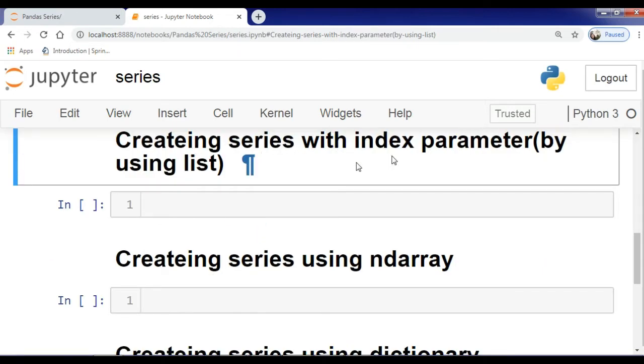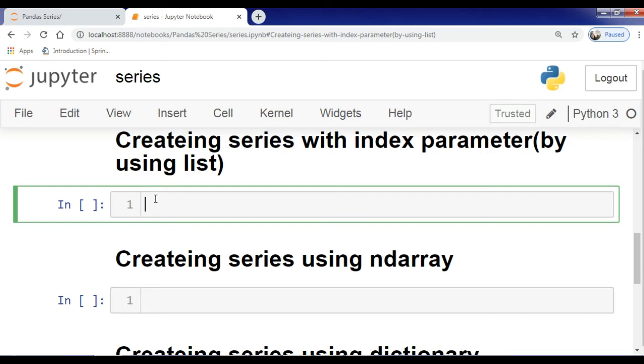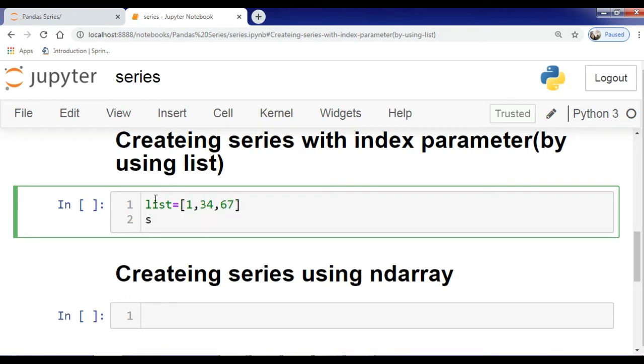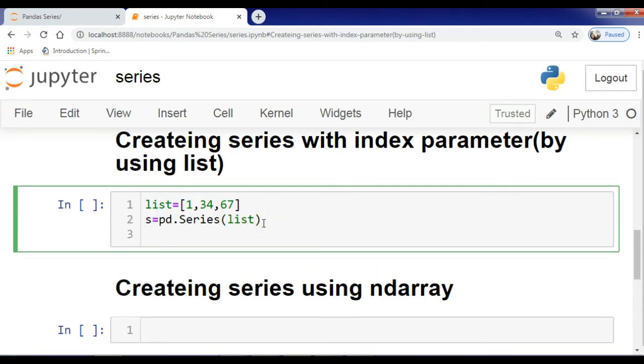Now in that case I took a list 1, 34, 67, s equal pd.Series, and here you have specified your list variable, and with the list variable you will specify your index.